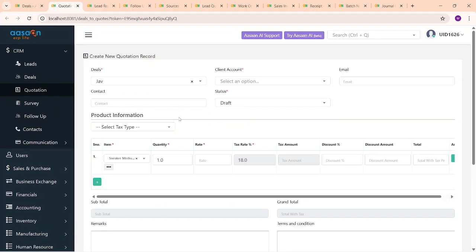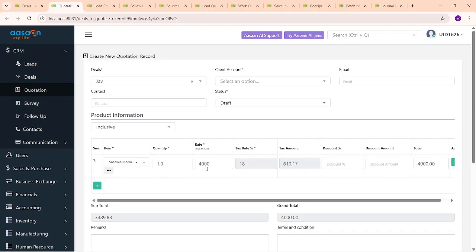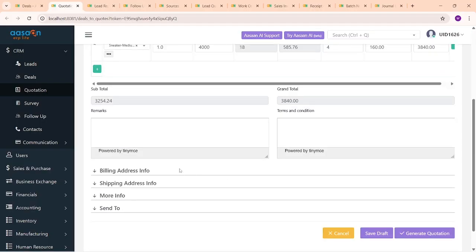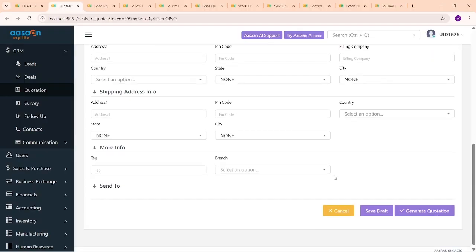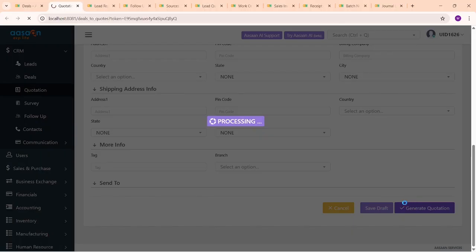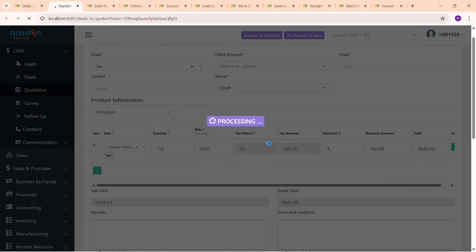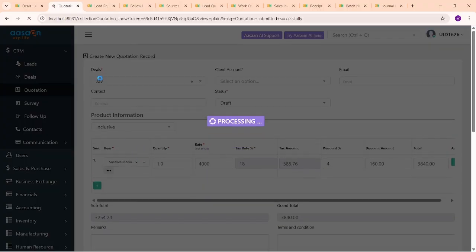now we're in the deals quotation page. So the deal is already selected here. Then if you're creating it against the client account, you can select the account directly here. Automatically the deal will be removed. Then below you can select whether it will be inclusive or exclusive. Then the item is already added. You can also add any discount if you want to apply it to that item. Then if you scroll down, you can add other details, additional shipping, billing addresses and everything. You can select a branch if it's required. Otherwise you can simply click on generate quotation, and this will create a quotation against this item for this client,